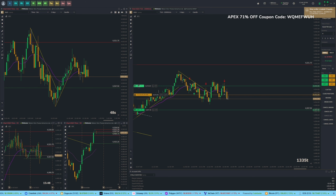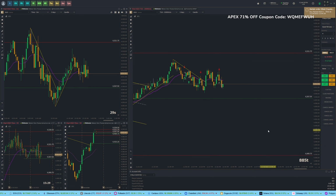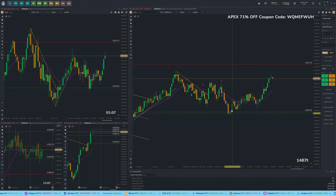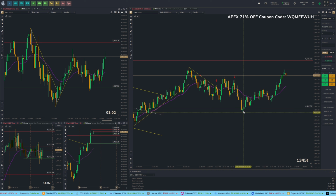But I did get my 1 point scalp with 3 contracts, and I could have left my runner as is. But with the ES, like I said before, it's extremely efficient at the runners, man. It's just super efficient. So I moved my runner because I didn't want to get stopped out, and it's basically a commission for my runner. And so yeah, 87.50 negative on the day. Not my proud moment. As you can clearly see, the price did actually go all the way down to my target profit, and